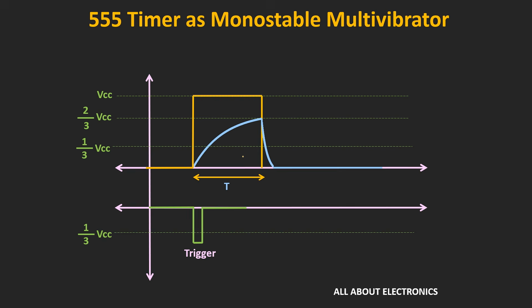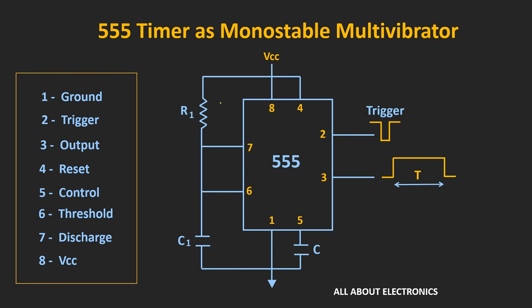So over here, the duration of this pulse will depend upon the charging of this capacitor. So in a way, it depends upon the value of R, C as well as this threshold voltage. Now here we are assuming that we are using the internal reference voltage, and in that case the time duration of the pulse can be given by this expression, that is 1.1 times R1 into C1, where R1 and C1 are the external resistor and capacitor connected between pin number 7 and 6. So in this way, using this resistor and the capacitor, we can design a monostable multivibrator and we can change the timing of this pulse.